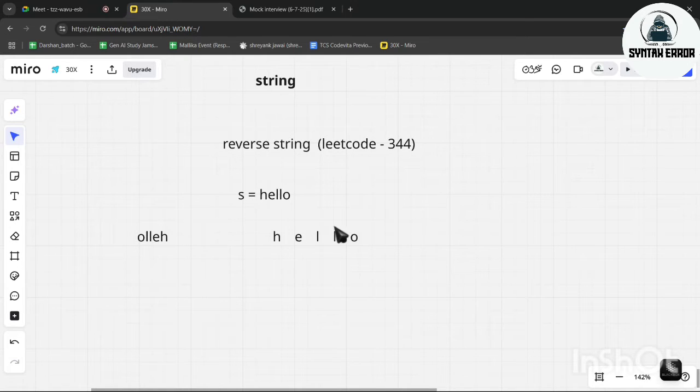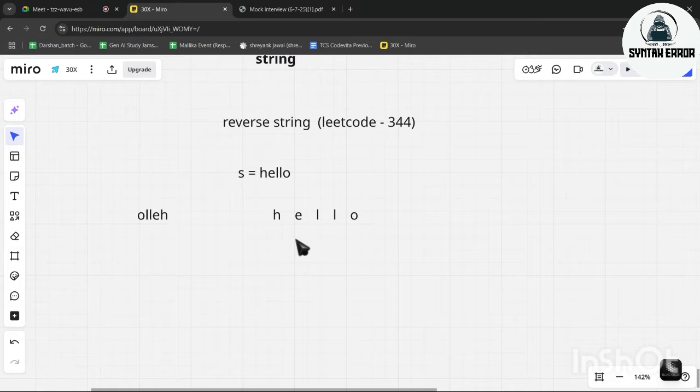But the actual question is we have to return the reverse, not print. So we have to do this operation in Java. In Python I guess we have built-in functions to reverse the string, but it's better to know how to do it by code.